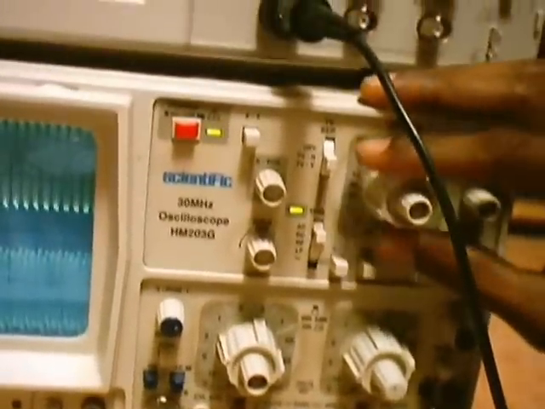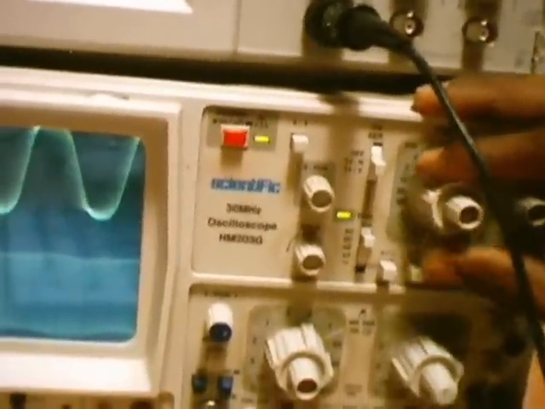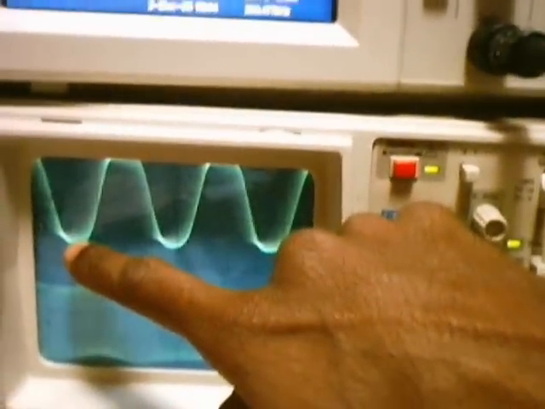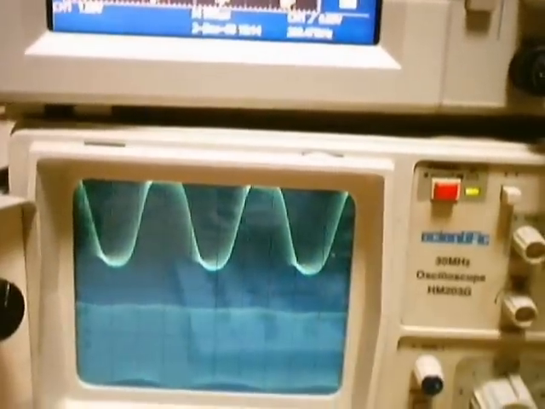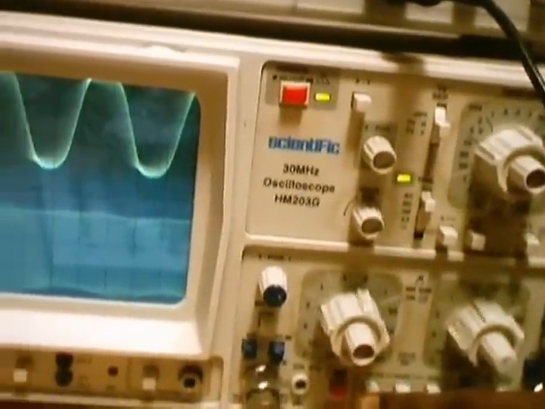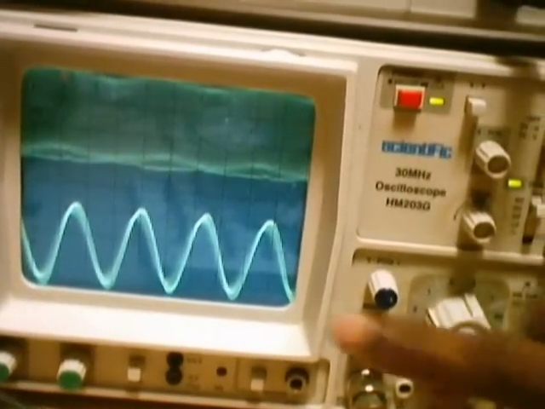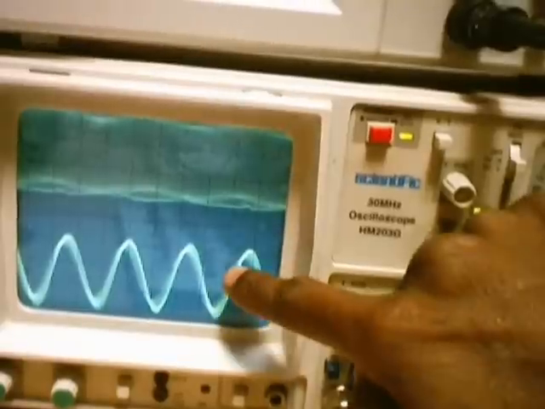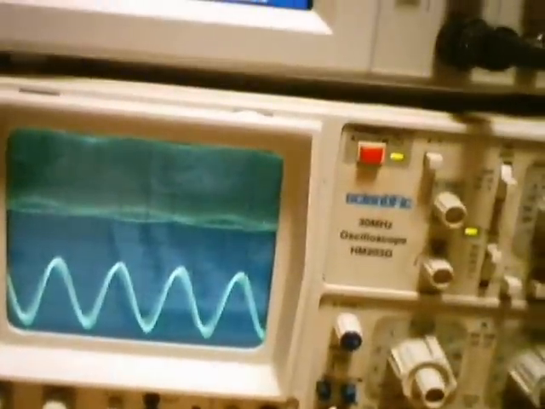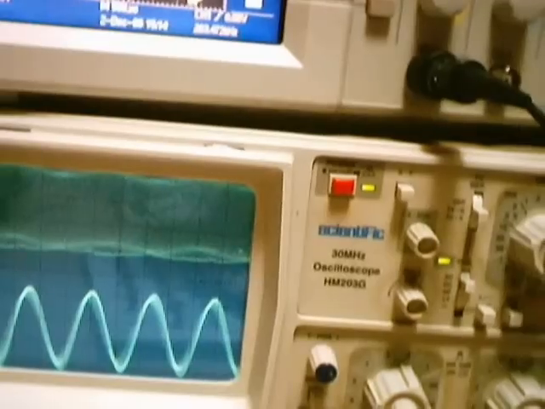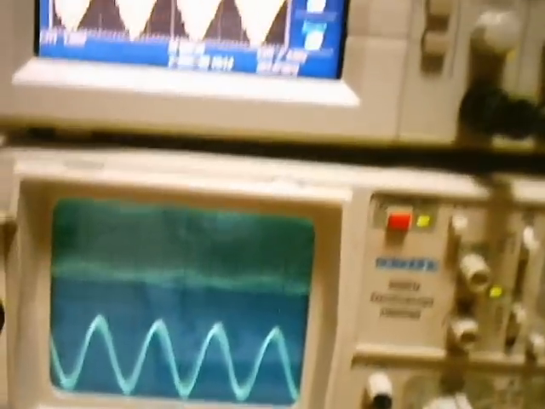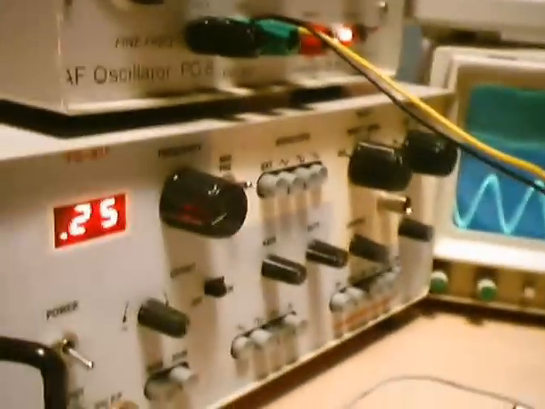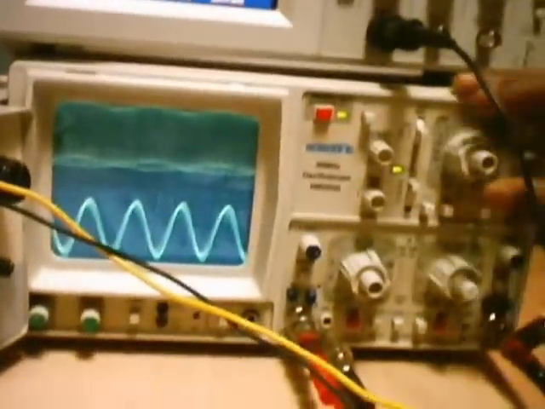You can just go back and see what is the carrier frequency. Reduce the time period and see this is the input carrier signal. 1, 2, 3 peaks are there, 3 waveforms are there. You can see how many are there at the output. You are having more than the input, 1, 2, 3, 4. What do you mean by more than the input? The frequency at the output is more than the frequency at the input. That means there is an up conversion. The input carrier frequency which is there at 250 kilohertz, sorry, at 269 kilohertz will be up converted to 400 kilohertz. So my input frequency is 269.